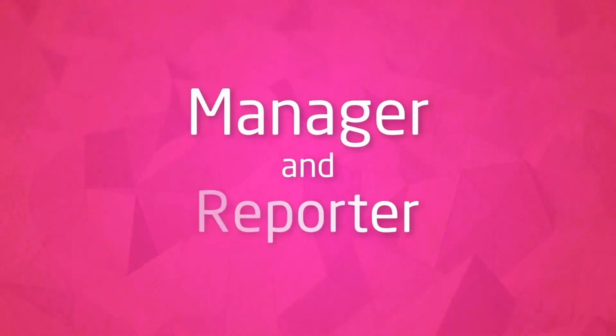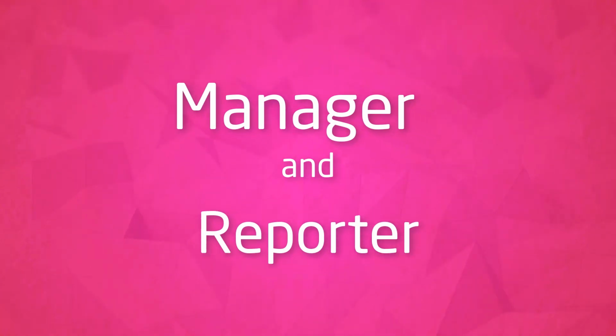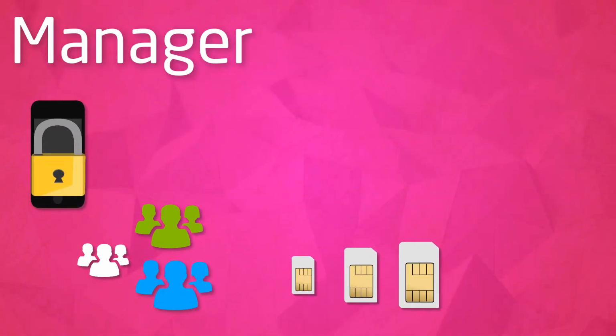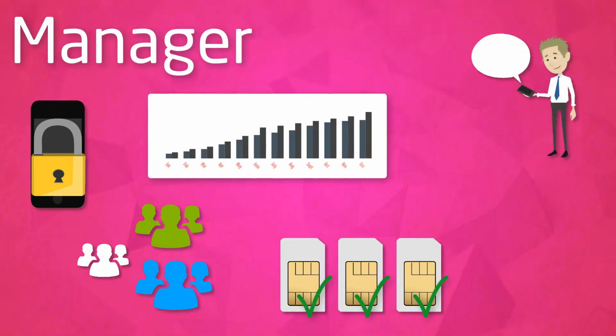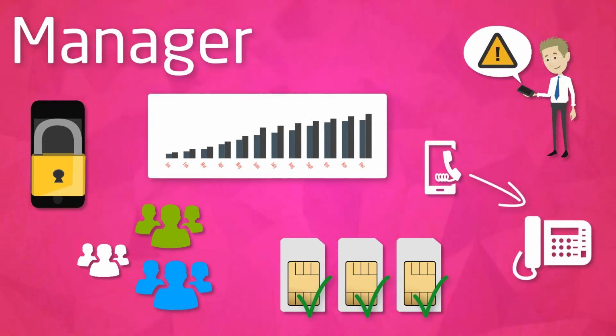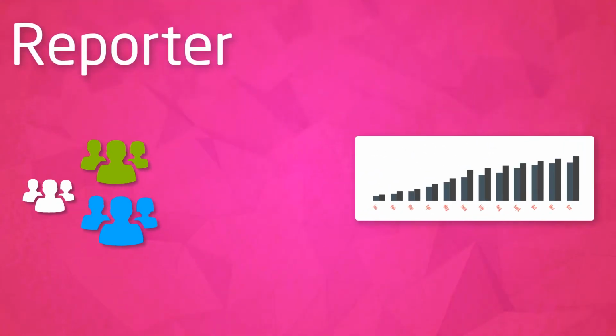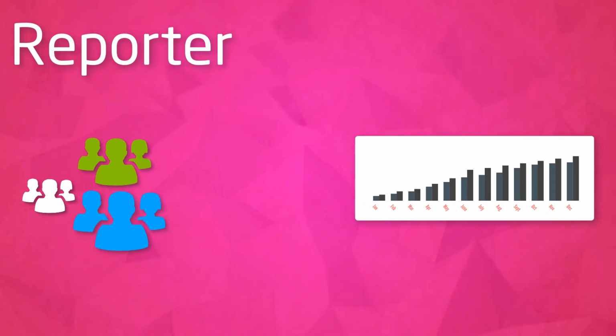The website has two different types of user, each with different permissions for what they can see and edit. Managers are able to make changes to mobile services such as activating call bars, creating and managing groups, activating SIMs, viewing statistics, setting usage alerts and their associated thresholds, suspending services and blacklisting handsets, and also configuring call forwarding amongst other things. They can also create other Manage My Mobile users. Reporter View will allow the user to view usage statistics and alerts, create people and groups on Manage My Mobiles,